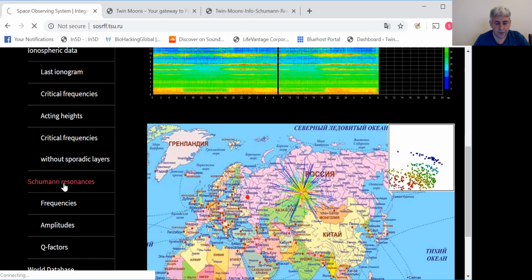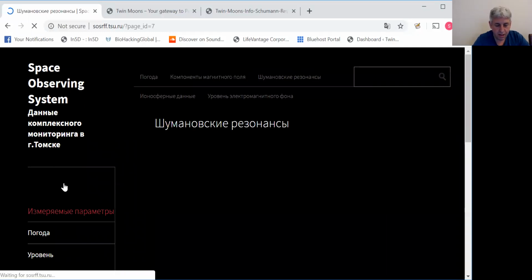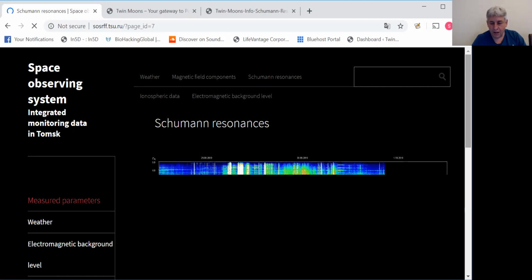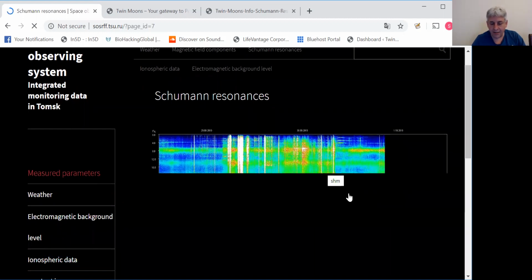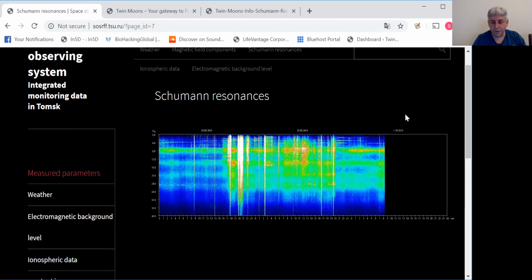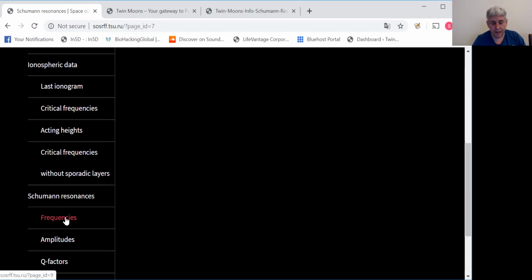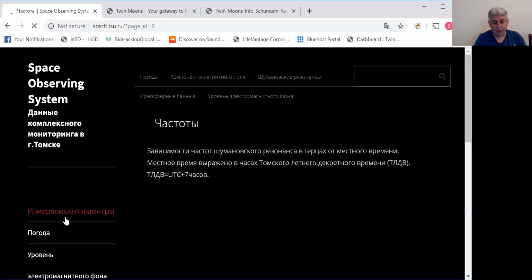The Schumann resonance graph that everyone would be most familiar with is available there, and it'll just load the last 48 hours or so worth of historical Schumann resonance information. And obviously the internet's running a bit slow right now, but that information shows the peak intensity, as I was saying, the intensity of the Schumann resonance at the moment, not its frequency. If we were wanting to have a look at the frequencies, we've got to go down here, Schumann resonance frequencies.